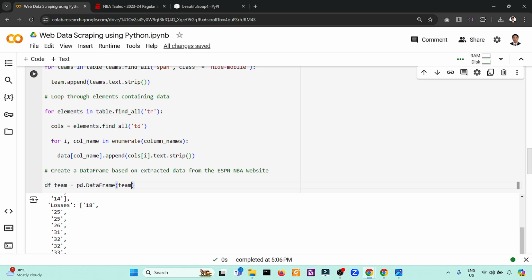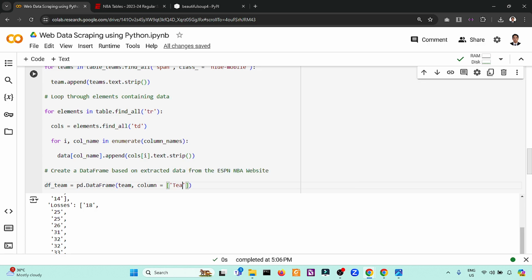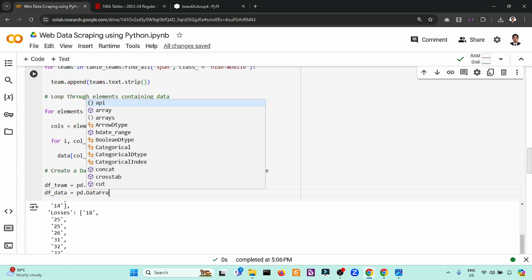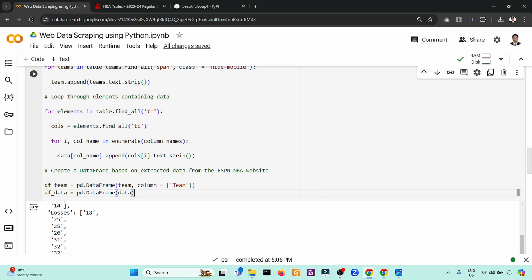So we have team, of course, the variable, and the column will be named team. Then for the data itself of each team, pd.DataFrame, so we construct the specific data.